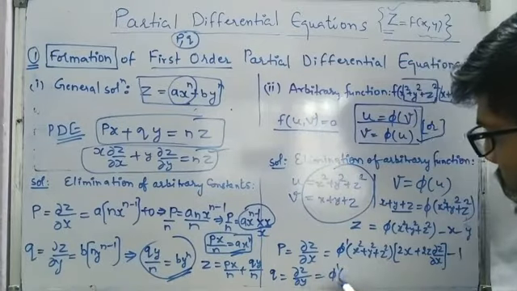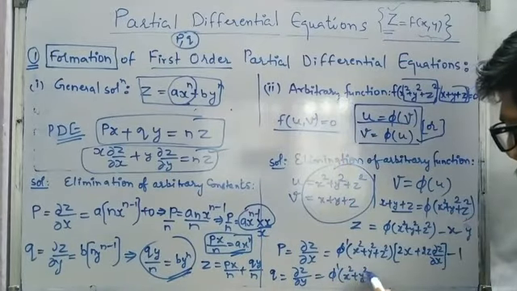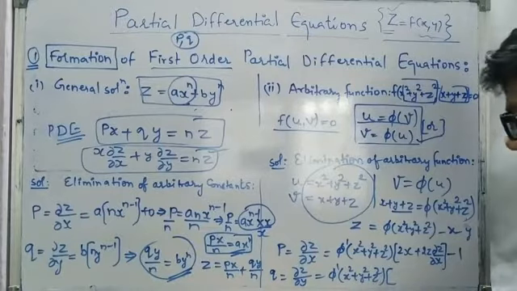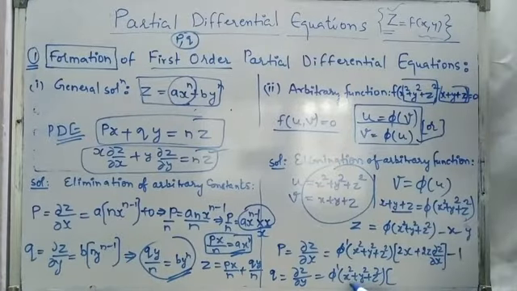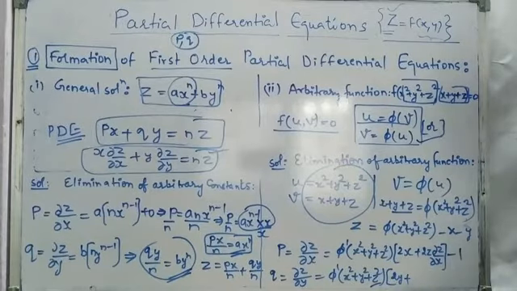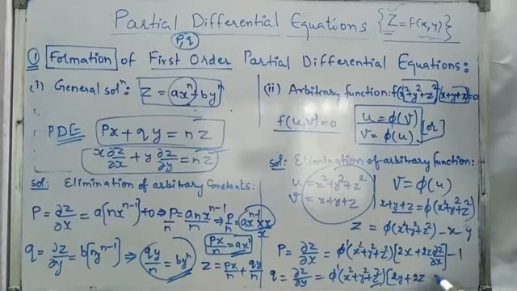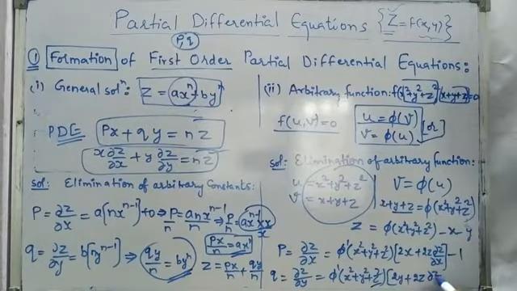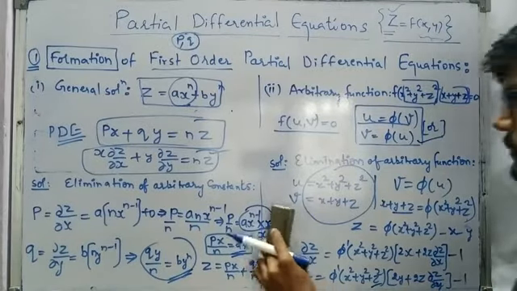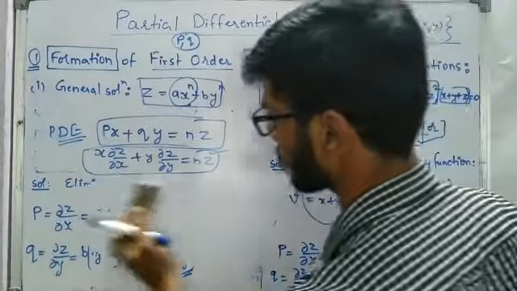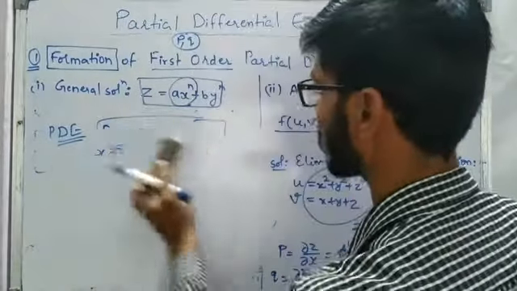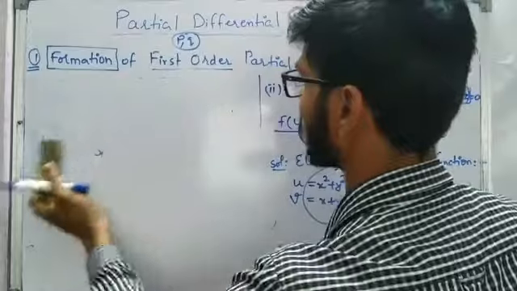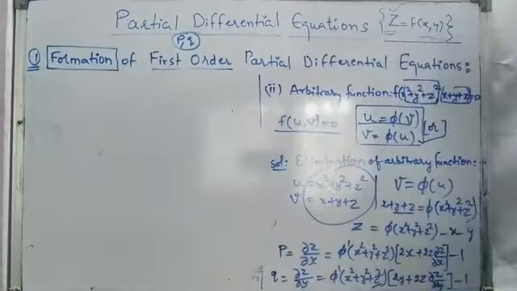So again phi dash of x square plus y square plus z square, and now the partial differentiation with respect to y. So for x it will be 0, and for y it will be 2y, and we have to differentiate z also because it is a function of x and y. So 2z dou z by dou y, and minus 1. Simplify this and try to eliminate that phi dash term, so that we have the expression in terms of p and q.